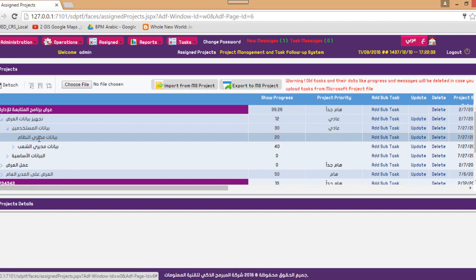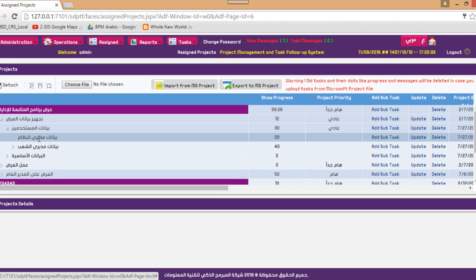Compare this with existing project management solutions like Microsoft Project. In Microsoft Project, you create a file for each project. So if you have four projects assigned, you have four files. Of course, this makes updating the project very difficult and requires a lot of time.